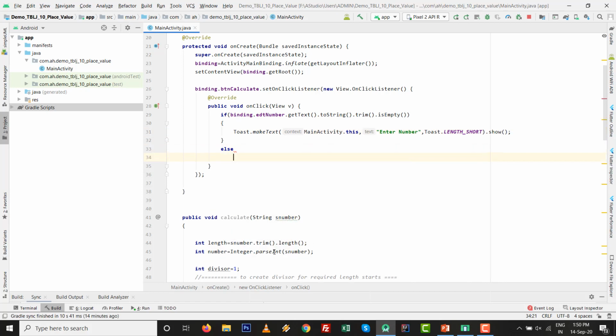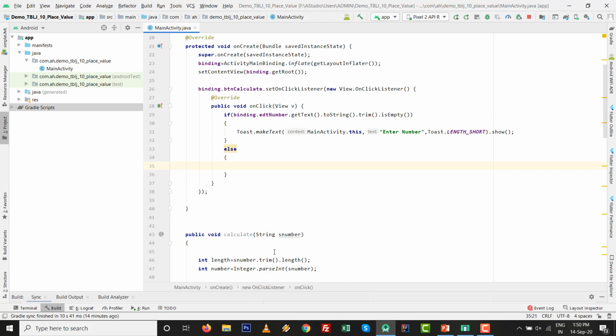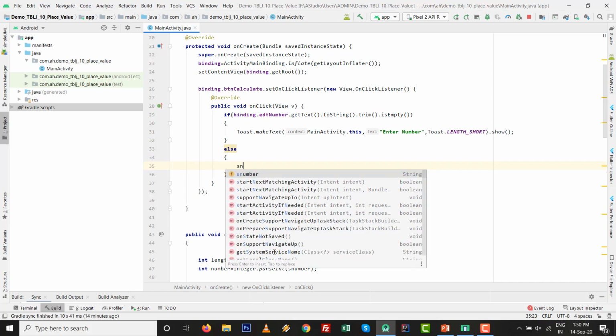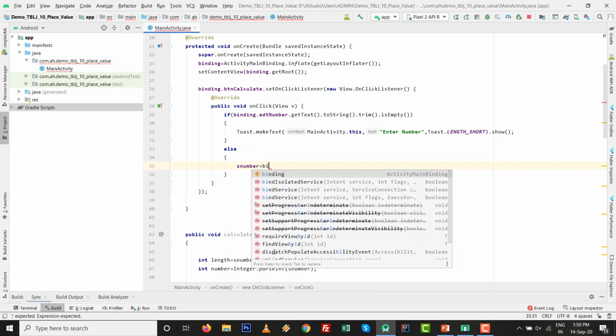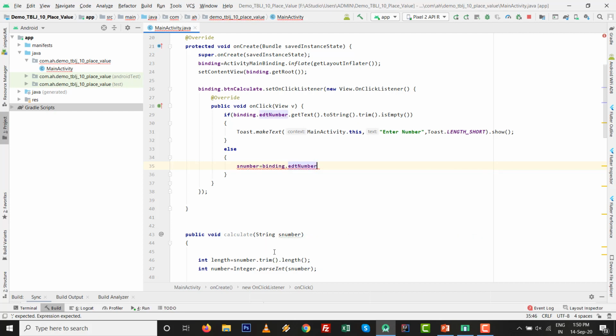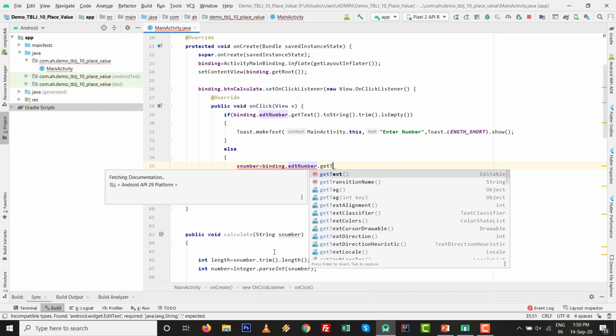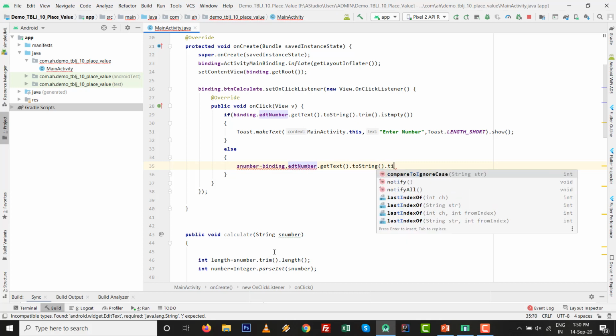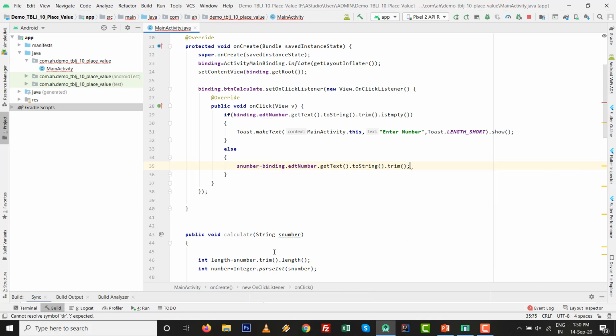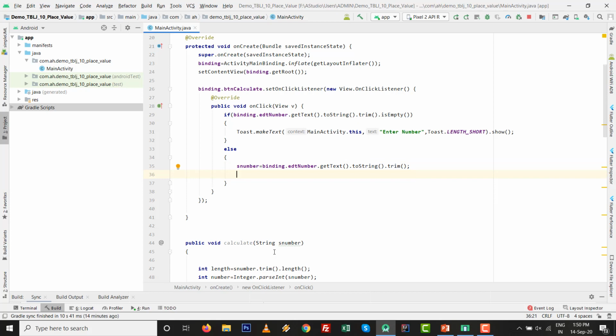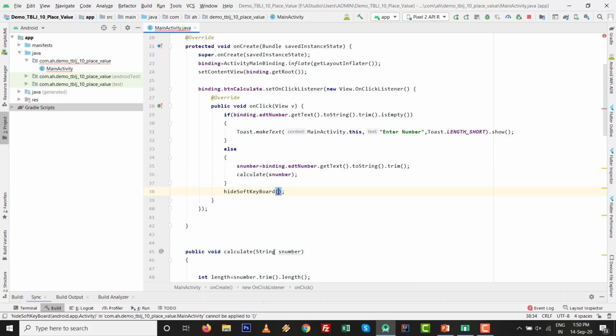After that inside the else I type s number equals binding dot edt number dot get text dot toString dot trim, and pass this number to our method. And if someone presses this, then hide our soft keyboard, main activity dot this.